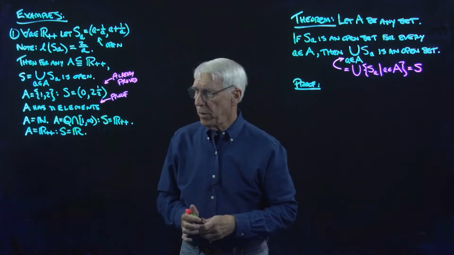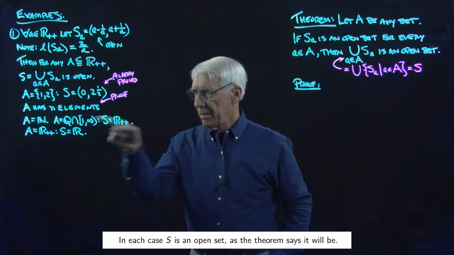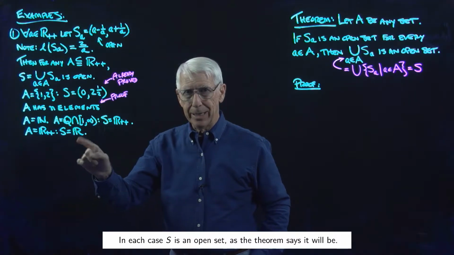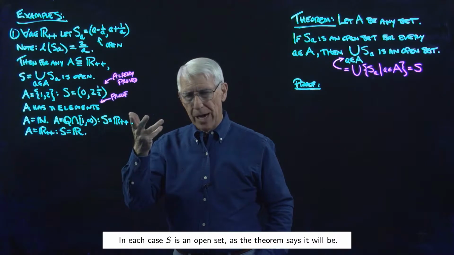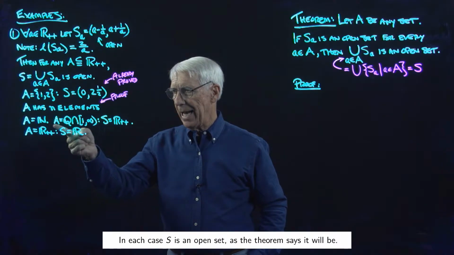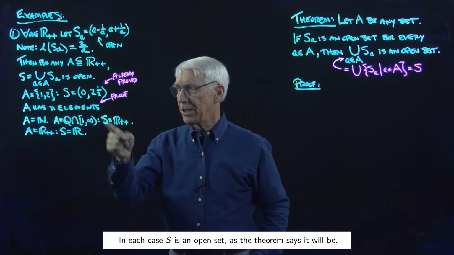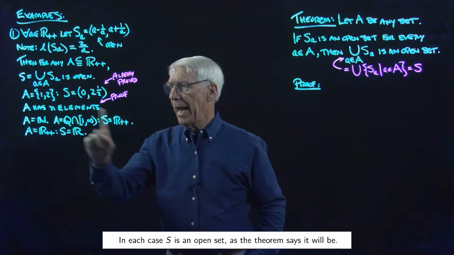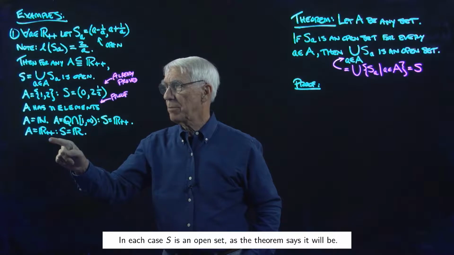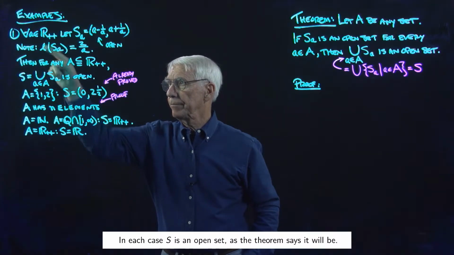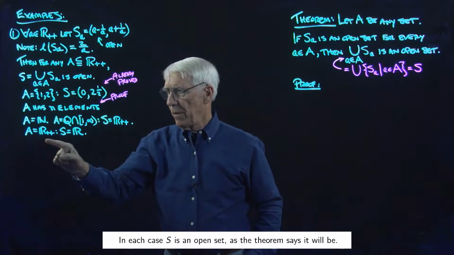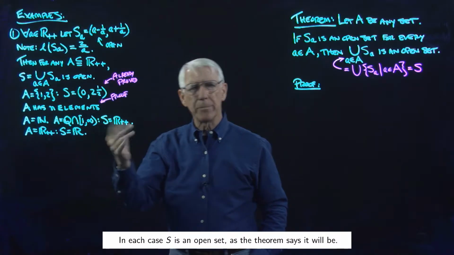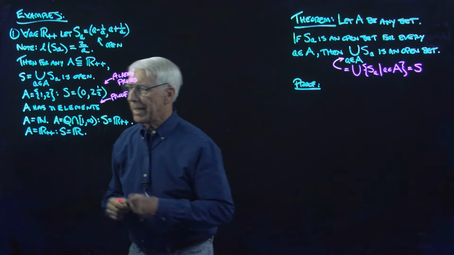Okay, so both of those, this instance of the example and this instance of the example, I leave to you to verify for yourself that indeed, if A is this set, then S, this union, will be all of R++ and nothing more. And if A is all of R++, then S, this union, is actually all of R. You can see that pretty easily. Second example,